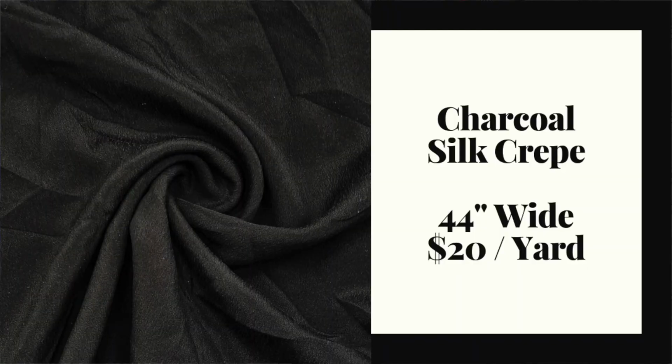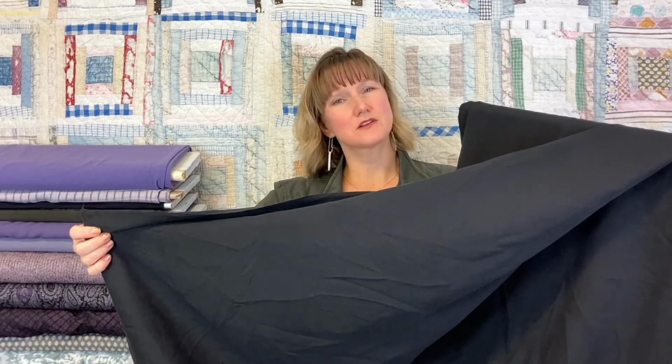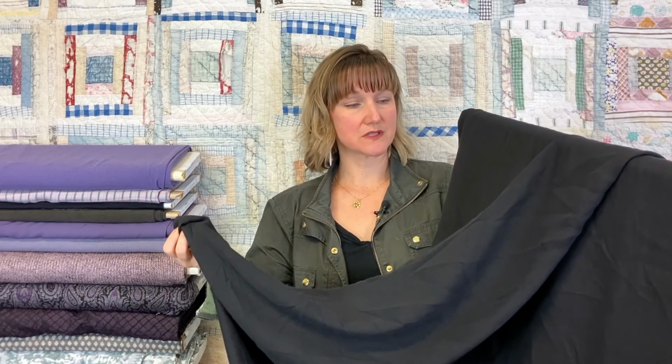This one's just a black silk crepe. Another very multi-purpose kind of fabric, great for wardrobe basics. This one is pretty opaque, excellent for blouses. Really, it's a good weight for that. And also dresses, you could do a dress out of this. Just a really lovely drape and would feel great against the skin. Pretty much any basics like camisoles, blouses, skirts,